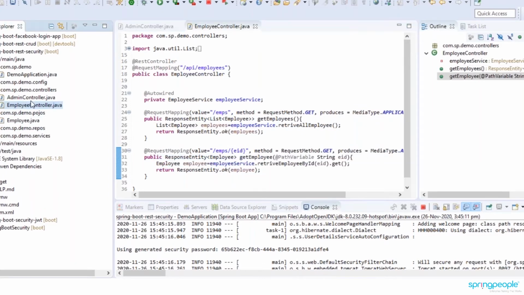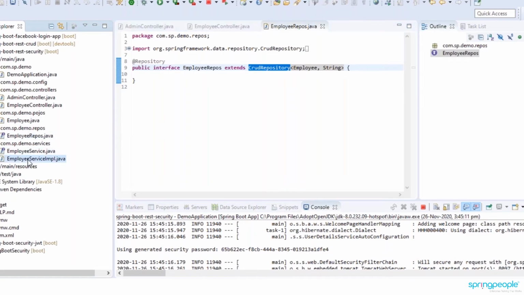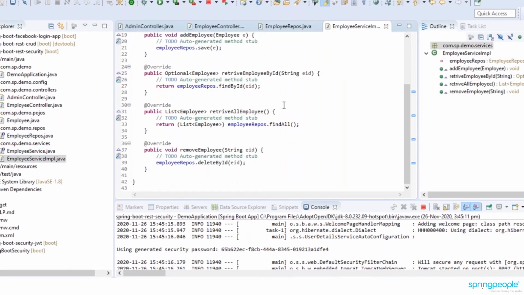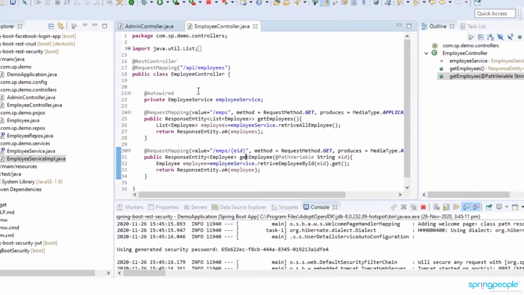I have an employee POJO, and as a Spring Boot application, it has a simple repository which extends a CRUD repository. Then I have services which take care of some business logic and give it to the employee controller.